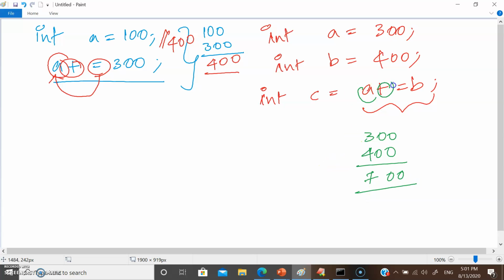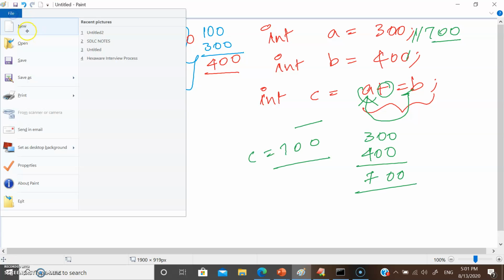First it does the addition, and after that it assigns that value to a. So now the a value would be 700, and at the same time your c value would also be 700. So the job of the assignment operator is to do two operations. One is doing an operation, either addition, multiplication or subtraction. The other is assigning the value to the variable.